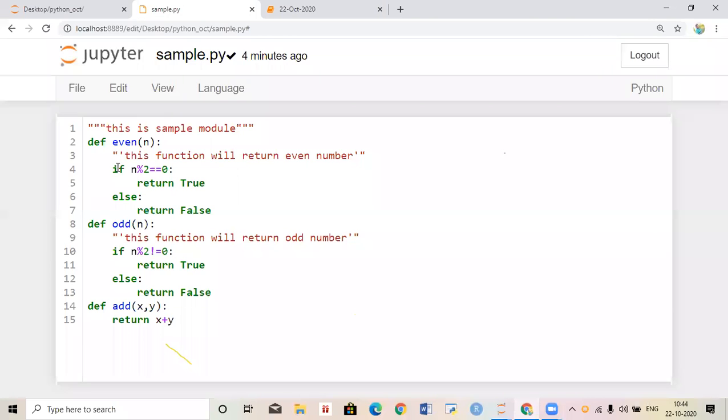In that, first we create add like this. If you don't want to take a number of functions, just take def arithmetic. In that arithmetic we take addition, subtraction, multiplication, division, all the operations.